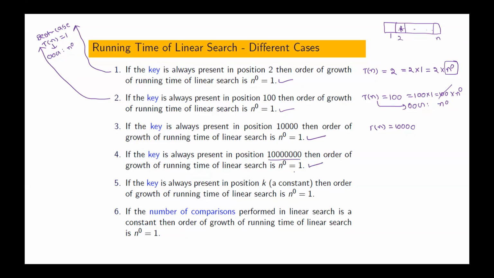Now, if we know that the key is always present in some constant position, either it may be 5 or 10 or 20 or 100, 1 crore, 10 crores, whatever it may be, what is its order of growth? N power 0, that is constant. That means it is independent of input size. In all these cases,